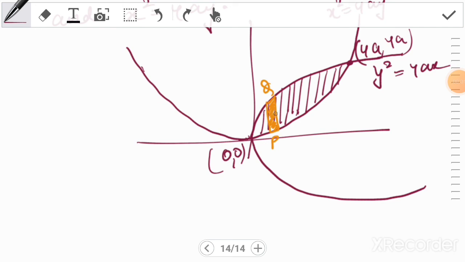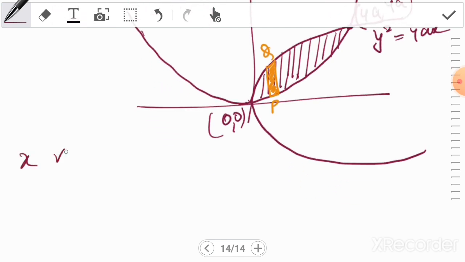If you move this strip PQ from left to right, x varies from 0 to 4a,